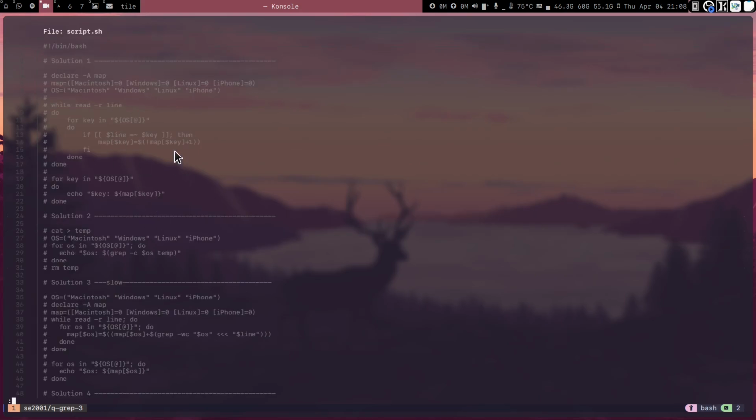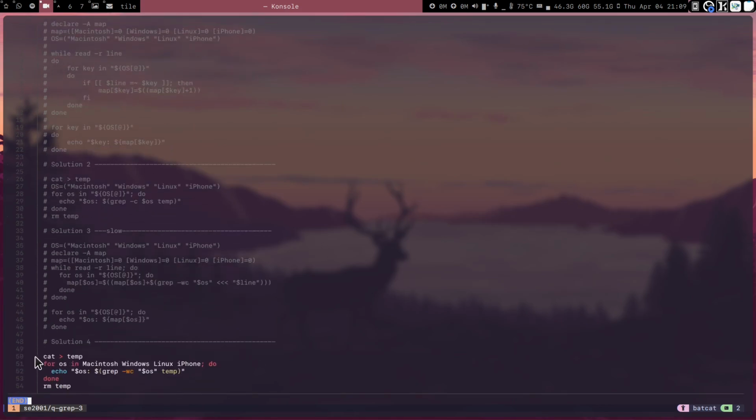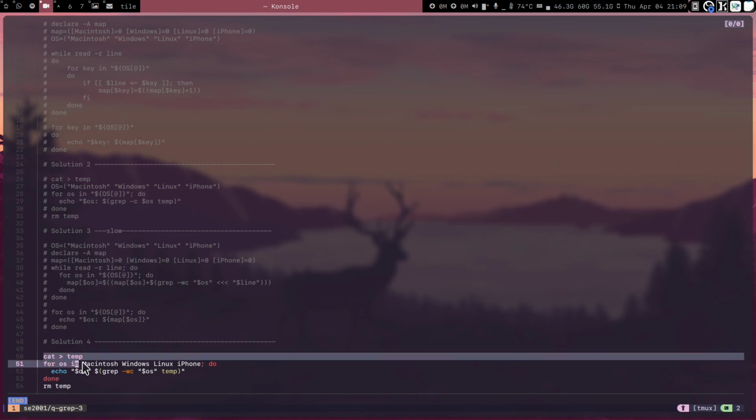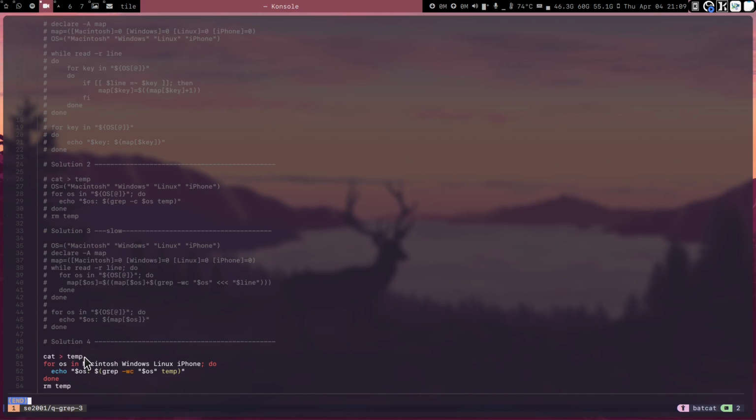So there are multiple ways of doing this. A few of the solutions are listed. We will be discussing this simple solution, where first we store the entire file that we are getting into a file. So we get the input as standard input, but we can pass it through cat and store it as a file. We also remove that file after processing everything, and then we simply create a for loop where we run over all the 4 operating systems we are interested in, and we use grep to count the occurrences of that operating system in the temporary file,